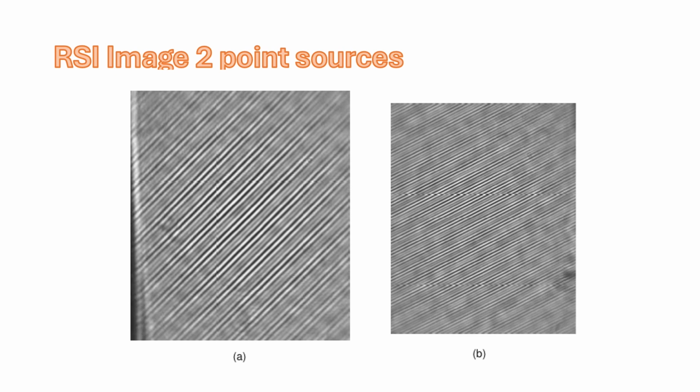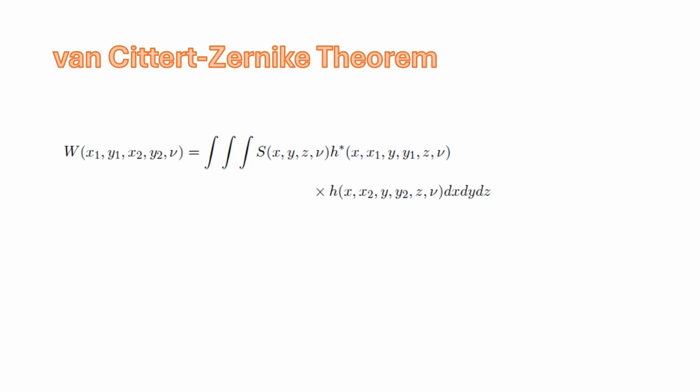Mathematically, we can represent what's going on here with the Van Cittert-Zernike theorem. As we saw a couple of episodes ago, if I have a spatially incoherent source, then the cross-spectral density that we measure at a remote plane with coordinates x1 and x2, y1 and y2, from the original volume of the source, x, y, and z, we would use the coherent impulse response for propagating from the input positions to the output positions in each of the 2 dimensions to create the output